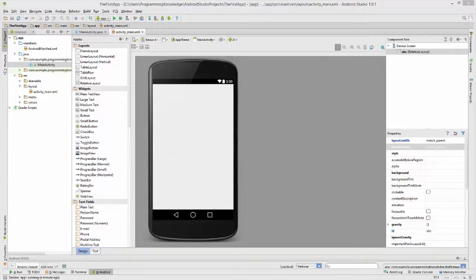Hello guys, welcome to the next video tutorial on Android app development for beginners, and in this video we will see how to use radio buttons in our Android activity. Now last time we have seen how to use checkboxes, and the basic difference between checkboxes and radio buttons is